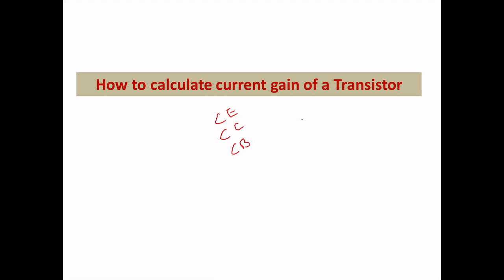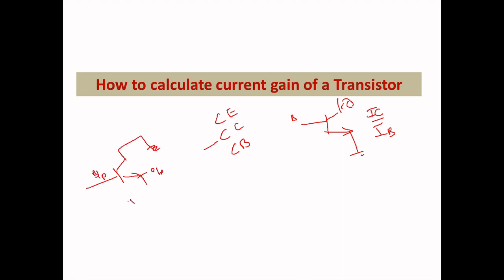If you go for a common emitter, your input will be the base and the output will be the collector. So it is IC by IB. Okay, when you go for a CC configuration, the emitter will be the output, the base will be the input, and the collector will be common. So the factor will be IE by IB. This is a ratio. So the technical representation for this is beta for the common emitter configuration, gamma for the common collector configuration,